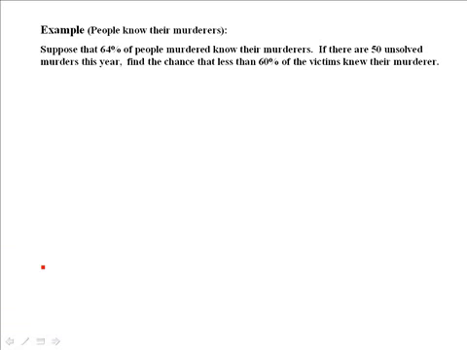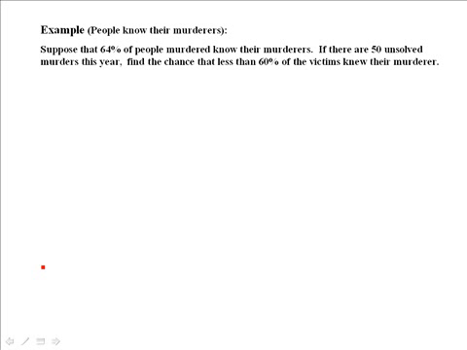Okay, so this is a problem about people that know they're murderers. It says here, suppose that 64% of people murdered know their murderers. So there's a problem about proportions, it looks like, 64%, right? If there are 50 unsolved murders this year, find the chance that less than 60% of the victims knew